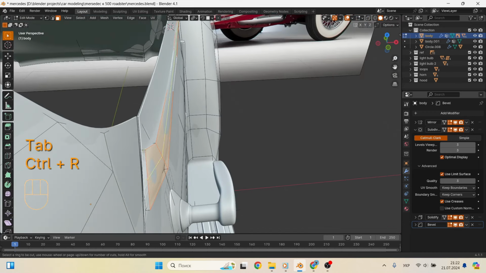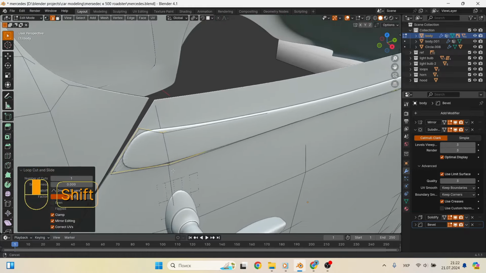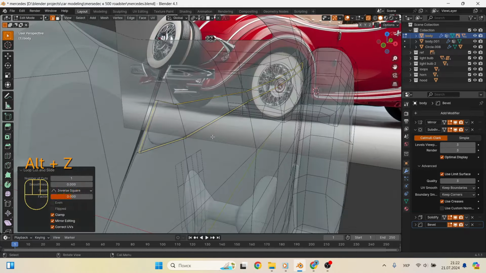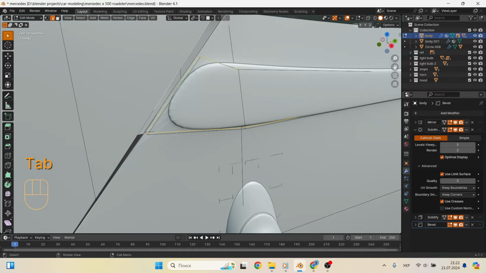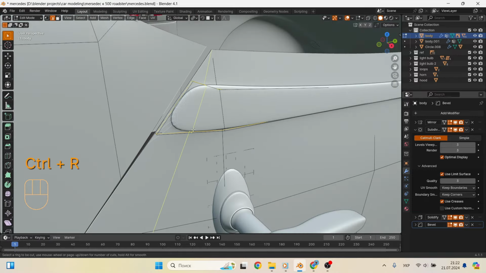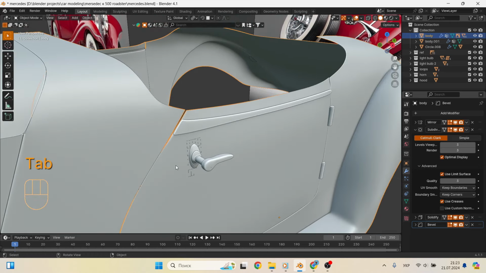But after this, the molding looks quite blurry, and in order to give it more clarity, you need to add several loop cuts. I did not use shrink wrap, since further the same molding will be both on the side and on top of the body. And it will not be very convenient to use it, and the effect should be the same everywhere. In general, I decided to extrude the faces.